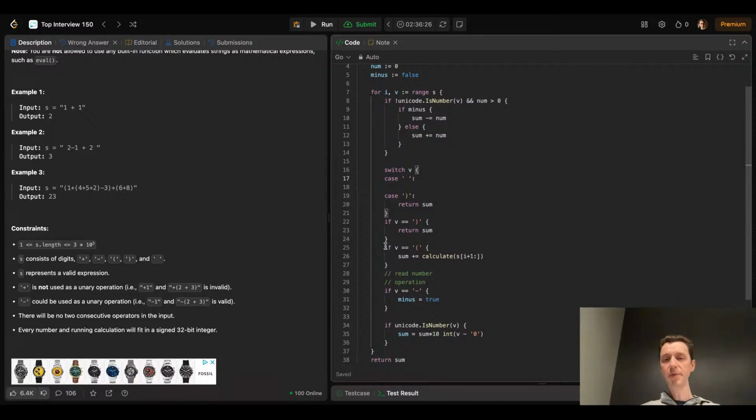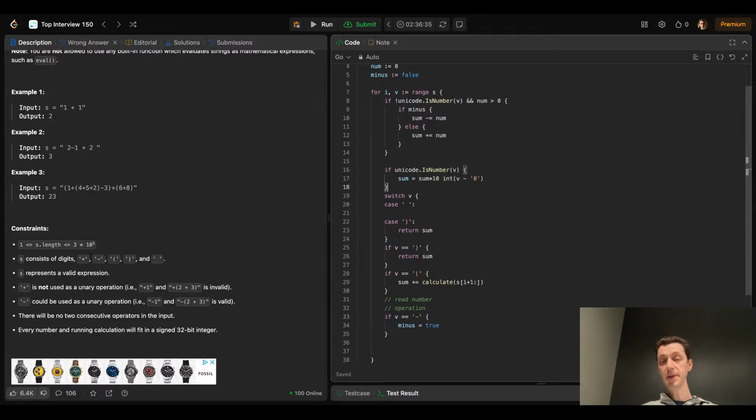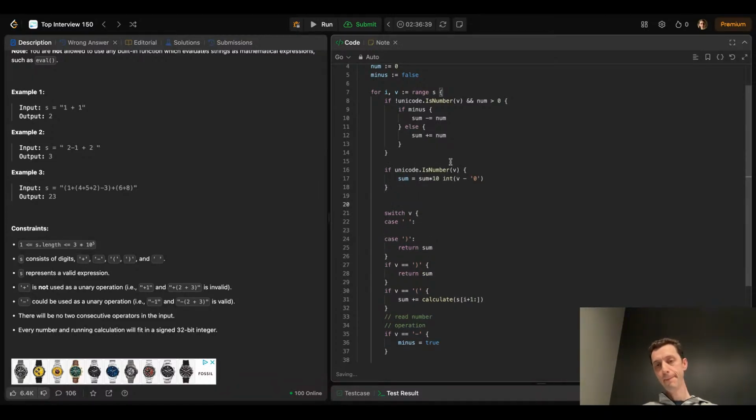Well, essentially, it is a number. We can take this case separately. Like, yeah, if it's a number, and